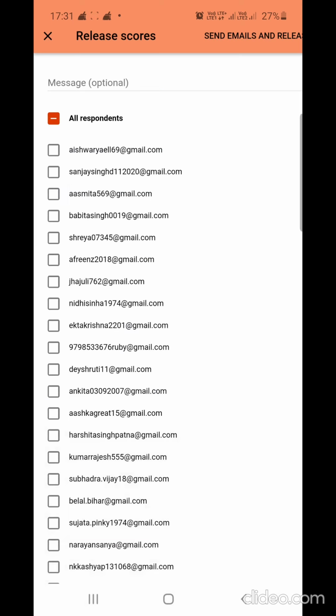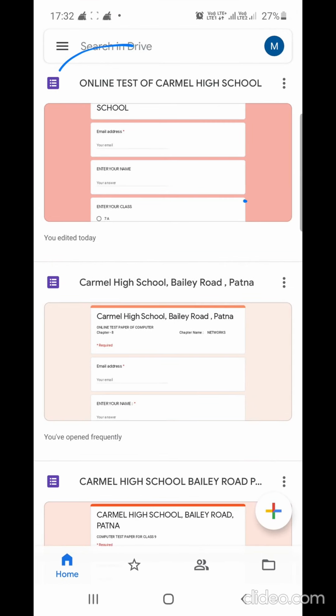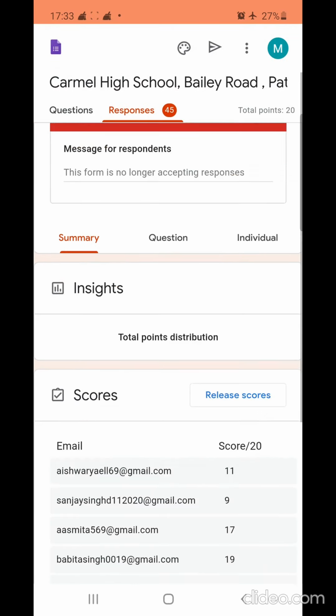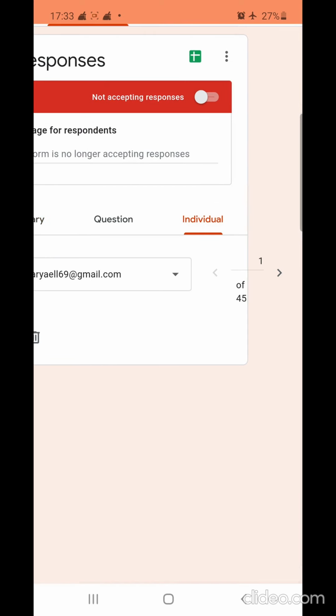So I am releasing the marks by clicking on send email and release. So the girl has received. So this is the way of releasing the marks of the students.